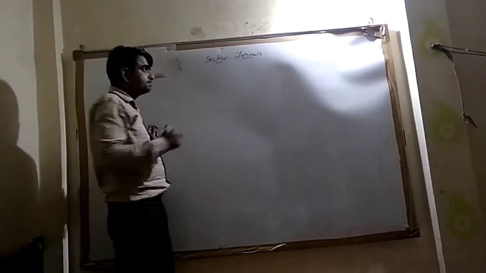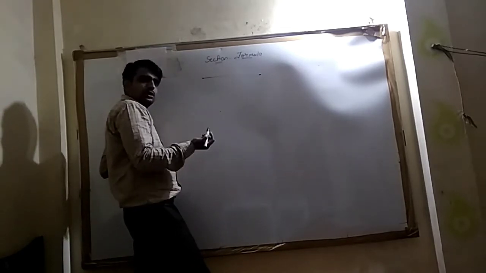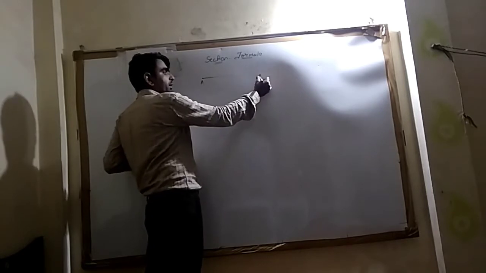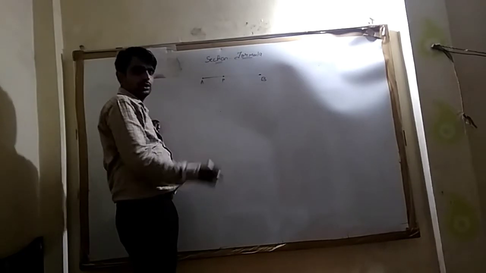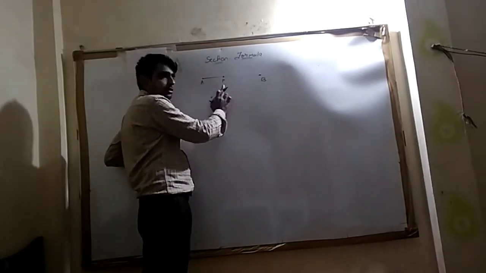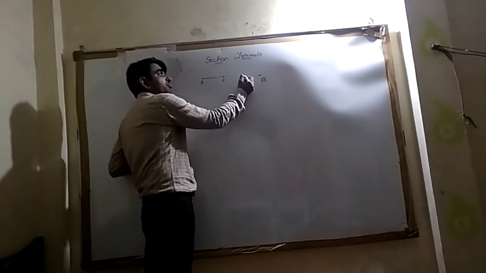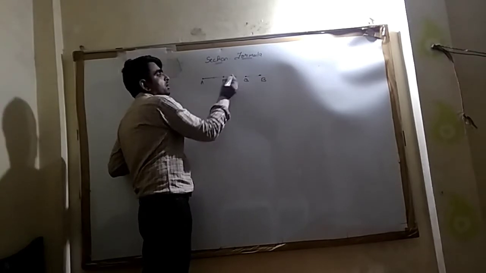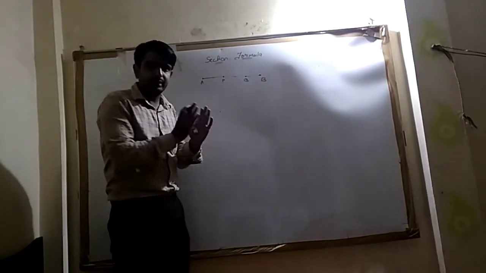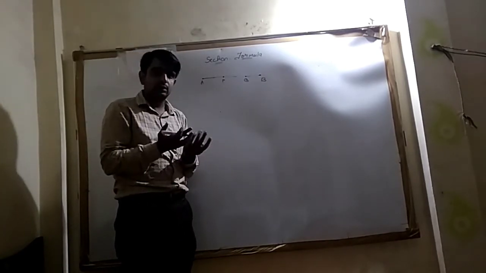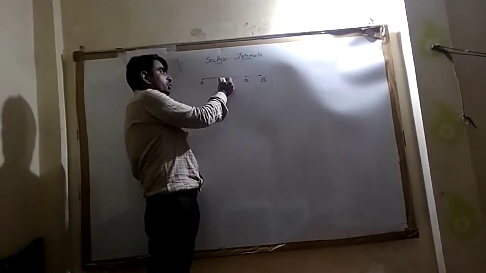Okay, let's see. Suppose there is a line segment AB, and this is point P. Now this point P divides this line segment into two sections. If I make one more point, then I can say into three sections. So this way we can divide any line segment into two or more sections. So when these sections are made, suppose I am talking about this point P.